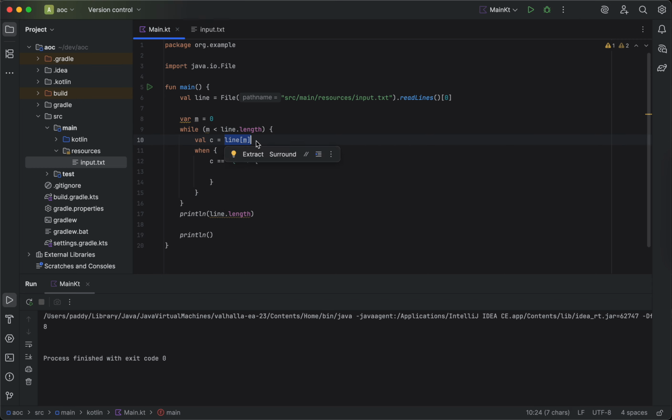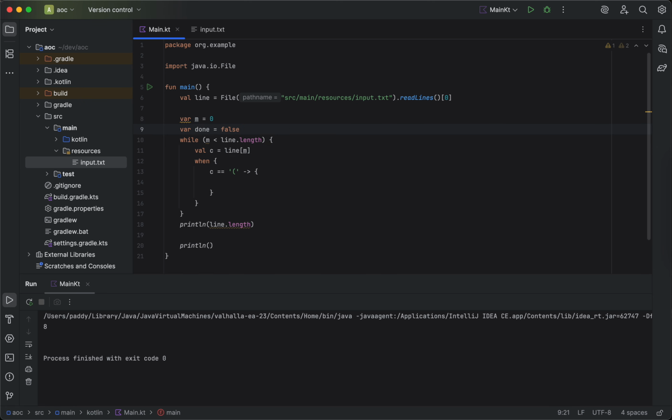So we always want the rest of the string. Let's just say while done is false. Okay, while not done, we just continue. We also kind of like parsing. We go into